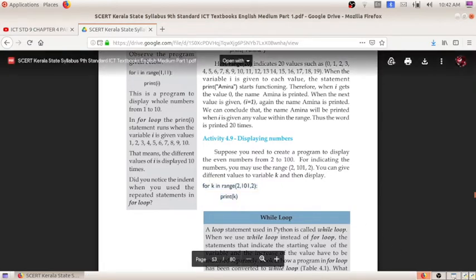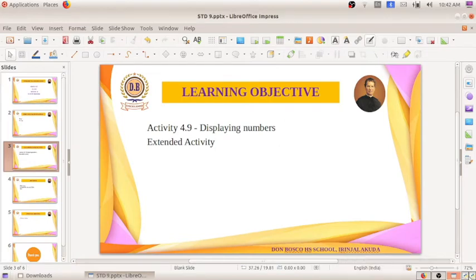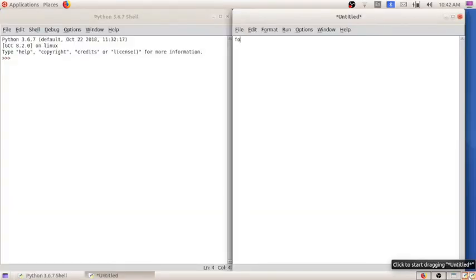The range is a function. We are writing this range as a function. The open and close brackets make it a function. 2 comma 101 comma 2.